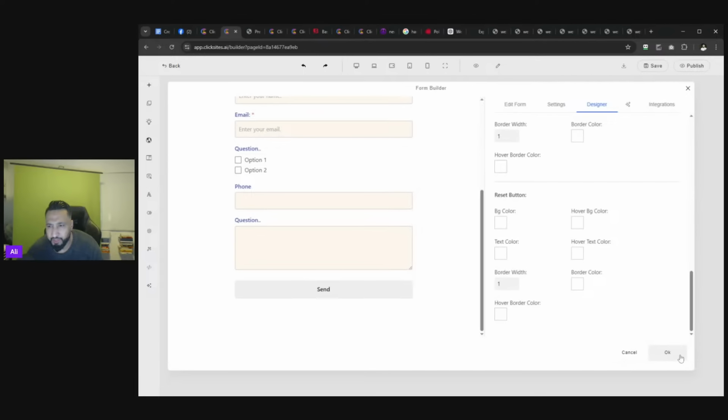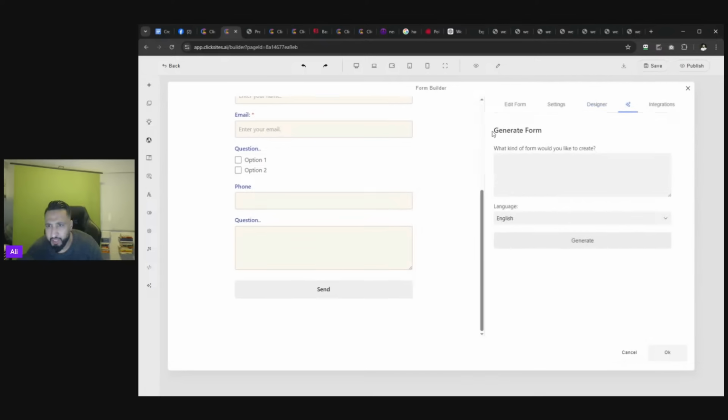And reset button. Okay. Now, here you can actually ask the AI, not IA. So you can actually say, hey, can you build me a form to capture leads for my survey application? Like maybe you're selling high ticket course, medium ticket course, or maybe sell a form to capture data for potential customers, or maybe for potential clients or customers,